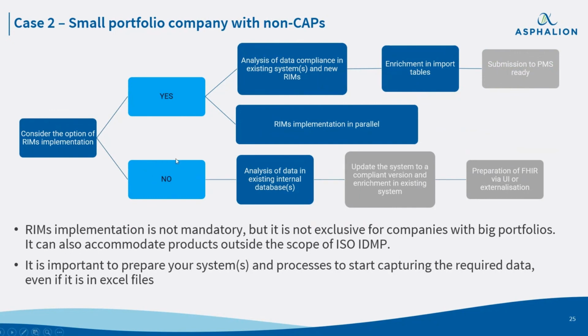But also there is this possibility that we don't have this RIM system, we are not going to implement it, but we for sure have to find a way. Even though we only have 2 or 5 marketing authorizations, we need to understand what kind of information will be required. And if we have, I don't know, maybe an Excel where we are storing this information, we need to really understand what information we need to capture, because maybe there is some information that we are not capturing at the moment because we think it's not for us. So maybe it's the moment to align Excels between the company as well.